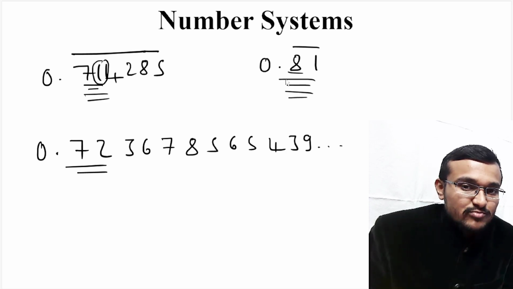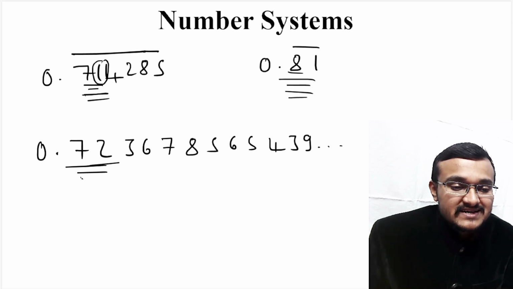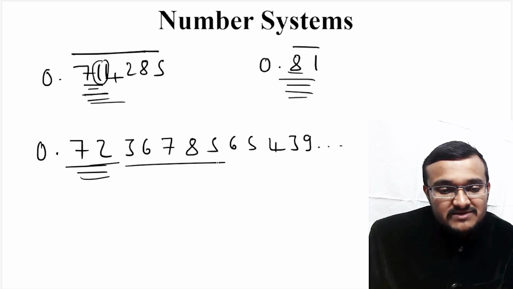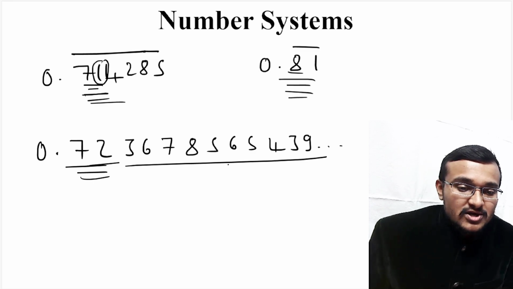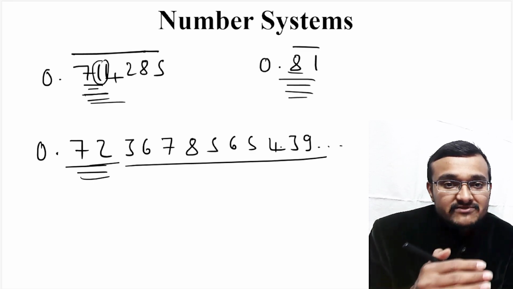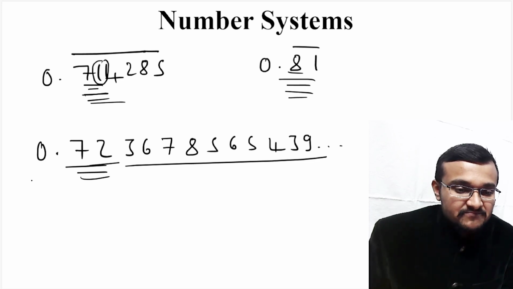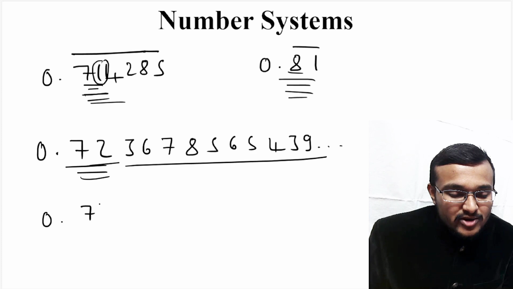So that means it is less than 0.81, but here it is 0.72, here it is 0.71, hence it is greater than 0.71. And I have put some random numbers after 0.72 in order to make it an irrational number, because here we should not give any rational numbers, we have to give irrational numbers between these two numbers. So similarly you can take one more